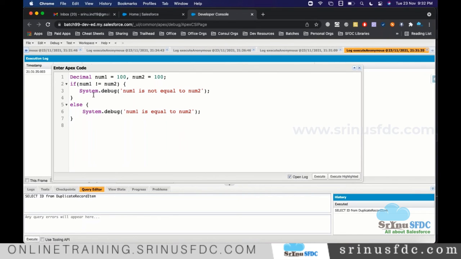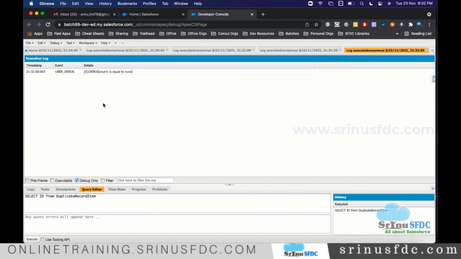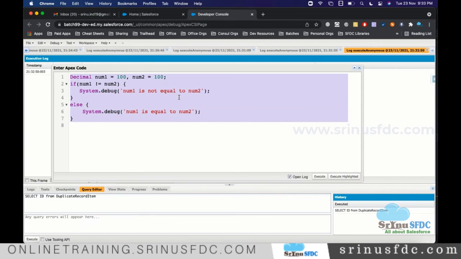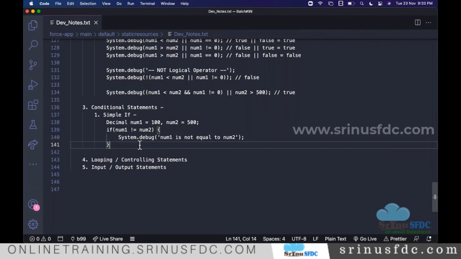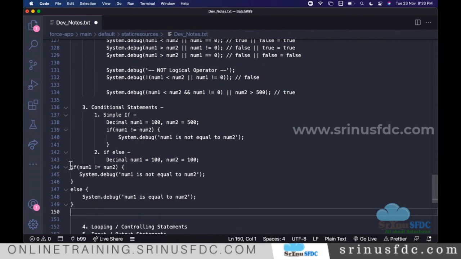Both are equal now, so the condition will fail and it will enter the else. Now we will see it is printing number 1 is equal to number 2. This is an example of if else.